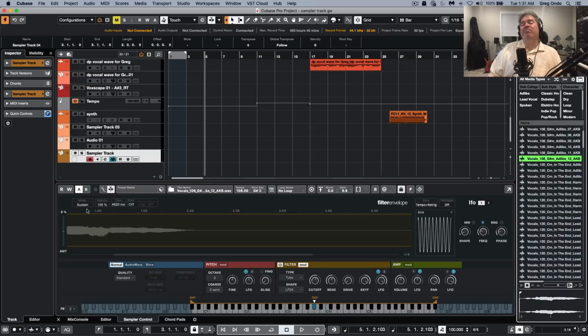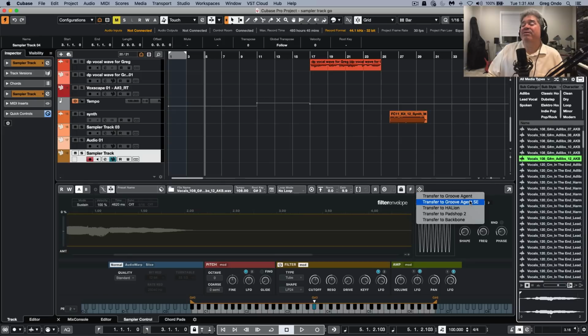So we could do a tremendous amount of creative functions within the sampler track, but sometimes we may want to take it to the next level. Maybe we want to create our own instruments, or incorporate this with other Steinberg sample-based instruments. To do that, we could click on the little three arrows that point up to the right, and I can now take this particular sound set that I've created within the sampler track, and export it directly to